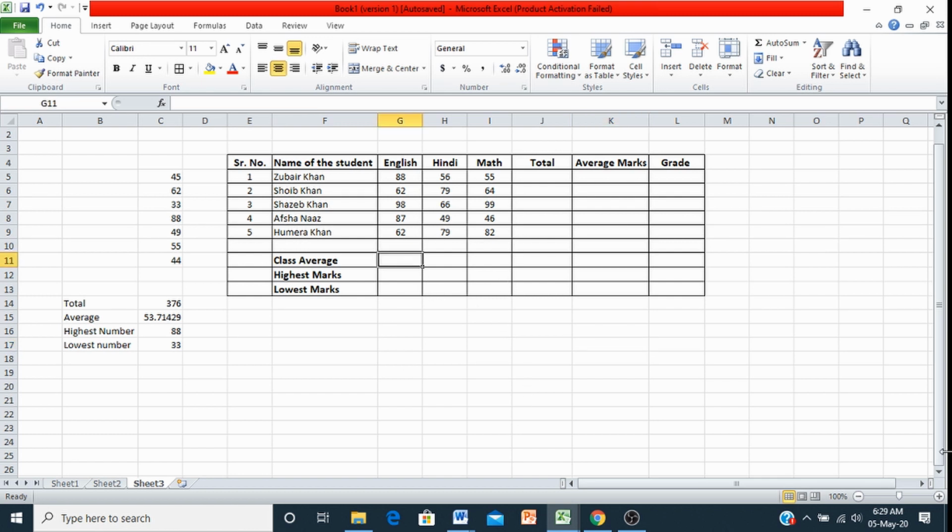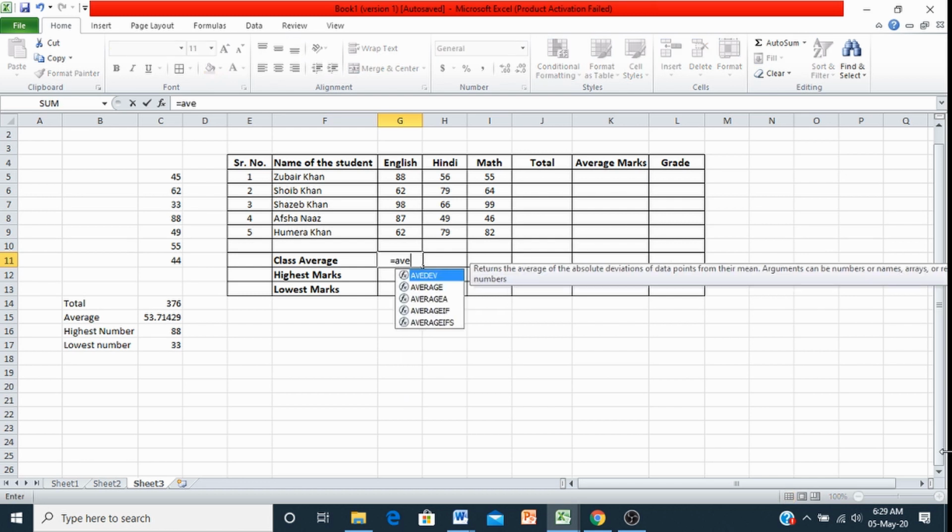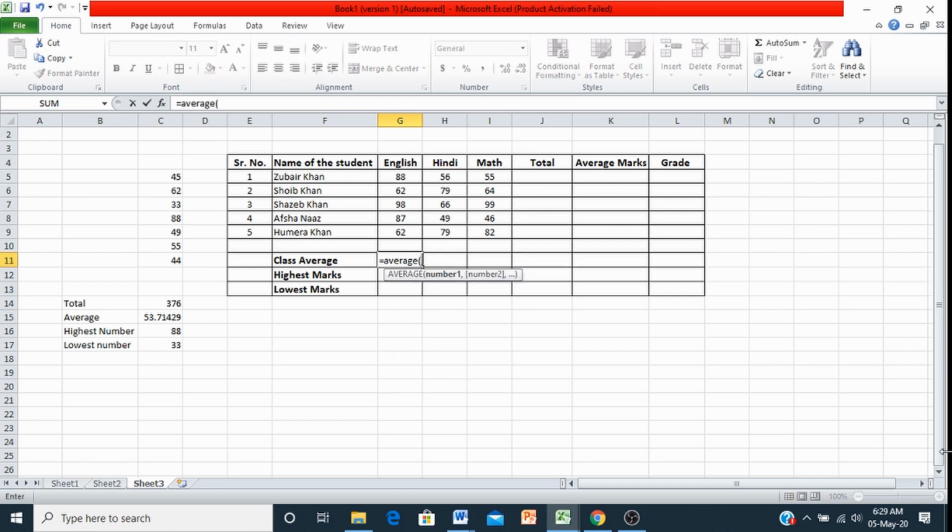First, again we have to put the average function over here: equals average, then open bracket, then go to the first number and select it till the end, then press enter. So here you got your class subject average.